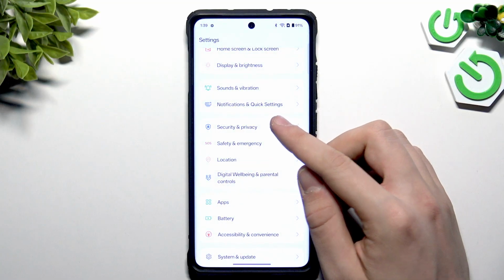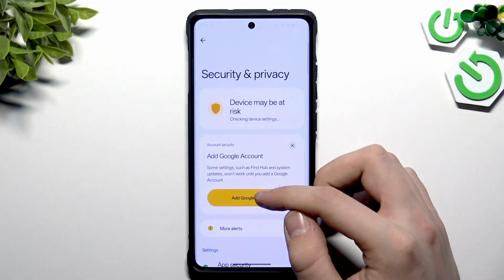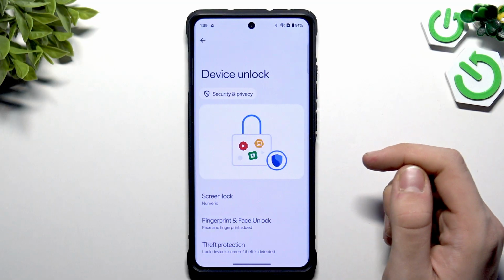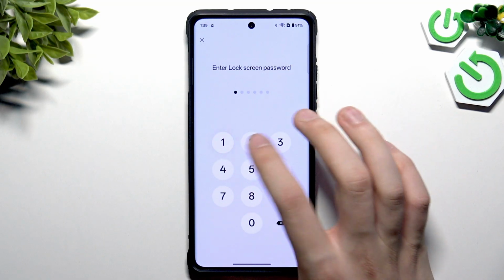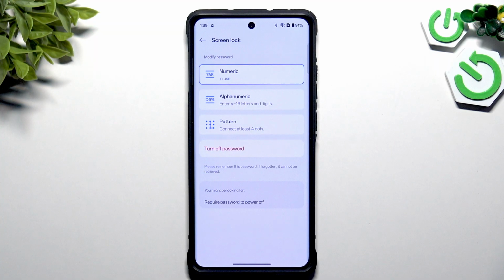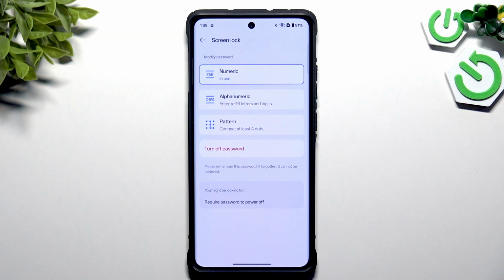We have to go to Security and privacy. Here we need to go to Device unlock and scroll down to Screen lock. Here provide the same lock screen password and tap Unlock. This should be working for you, but if it isn't, we need to